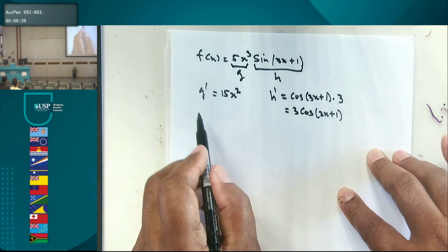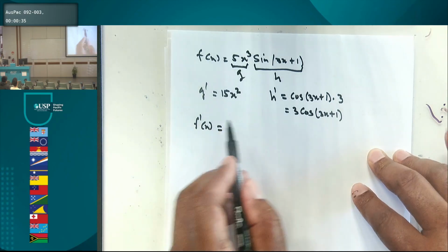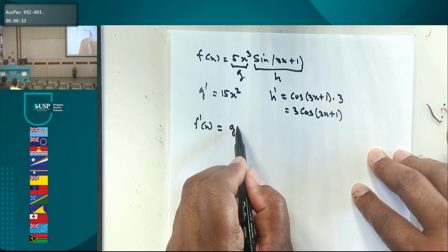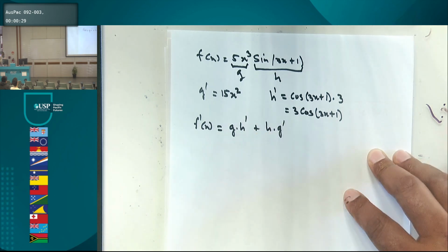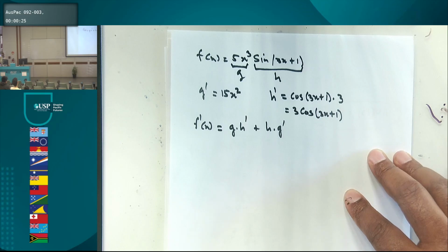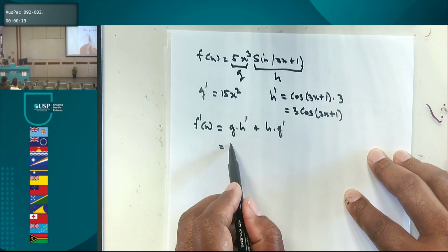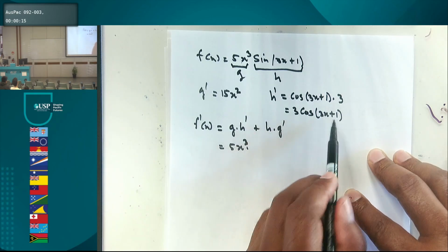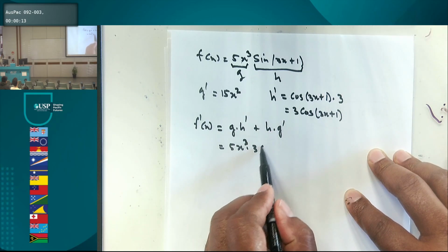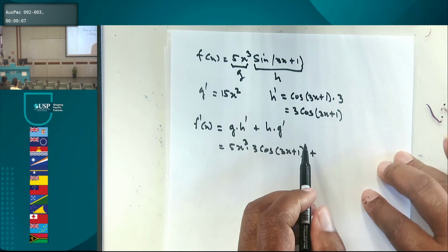So if I am to find f dash, we know that we are using the product rule, so it will be G times H dash plus H times G dash. So what's G? 5x cubed times H dash plus H